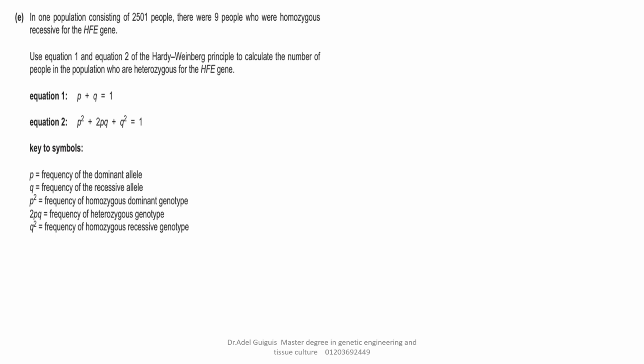2PQ means heterozygous, H capital, H small. Q square means H small, the frequency of the homozygous recessive genotype in individuals. The question now asks us to calculate the number of people who are heterozygous for the HFE gene. Firstly, from the data given,